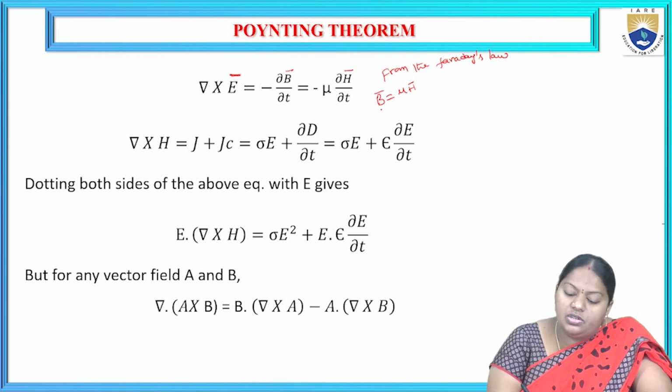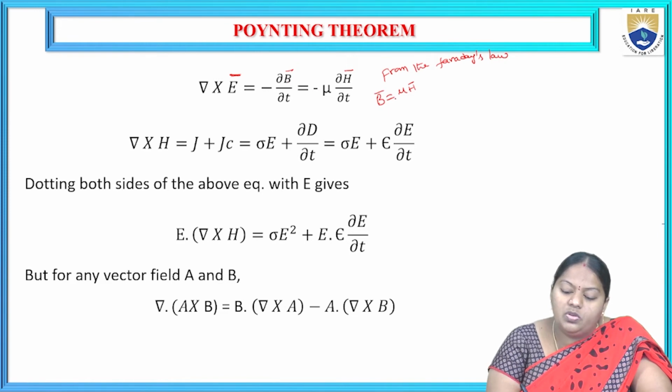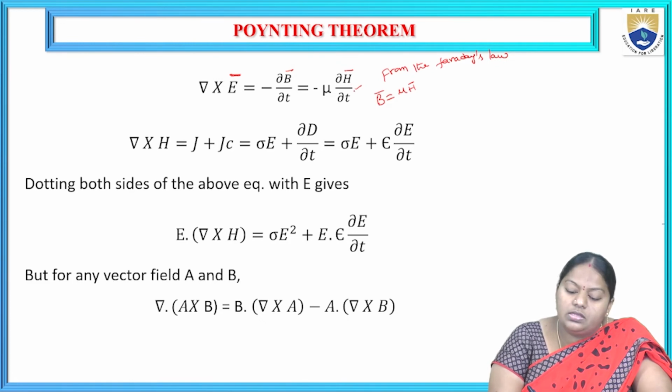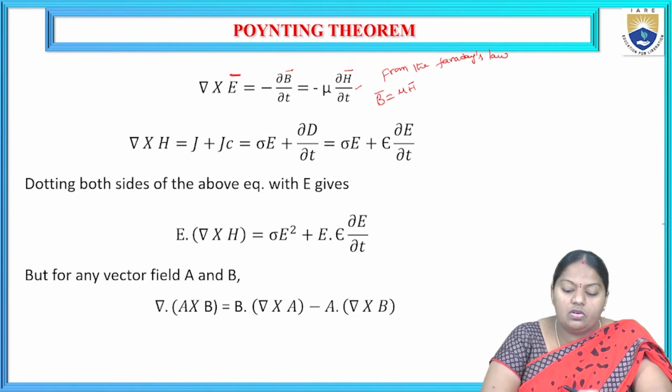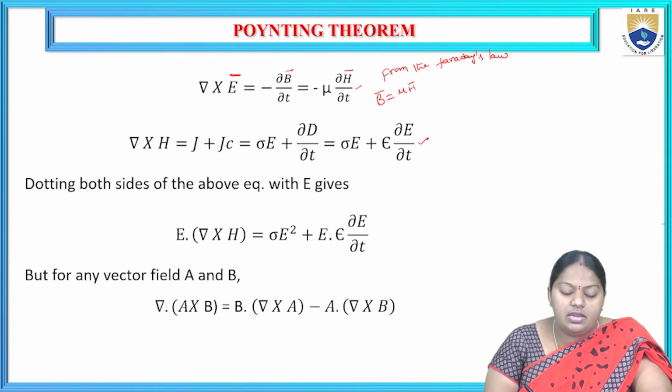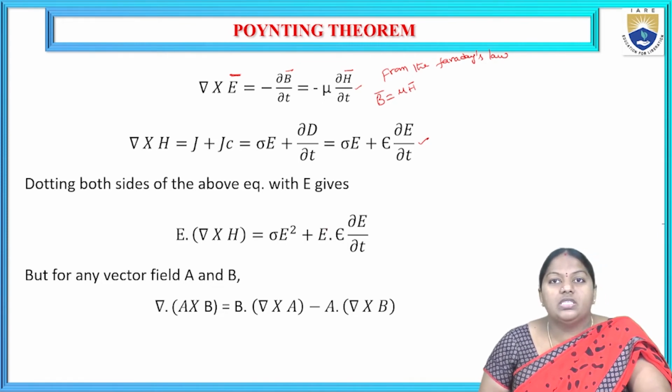So from this relation, B bar equal to mu into H bar, if we substitute B bar by mu into H bar, then del cross E bar can be expressed as minus mu into dou H bar by dou t, right? This is one of the Maxwell's equations derived in the time varying fields or electromagnetic fields. Next, one more Maxwell's equation in the time varying fields is the modified form of Ampere's circuit law,